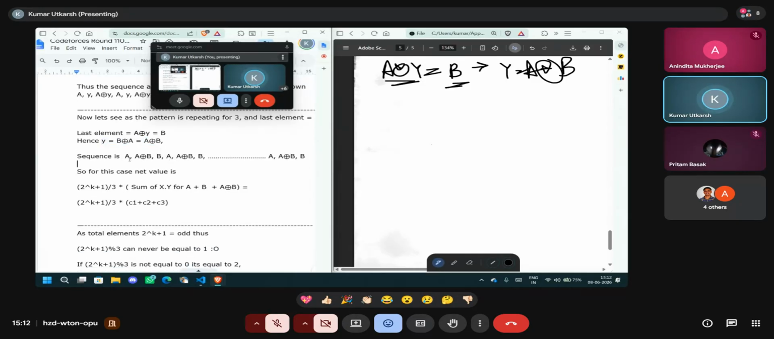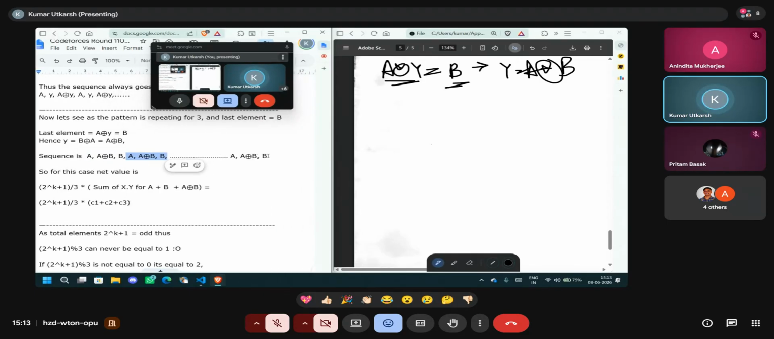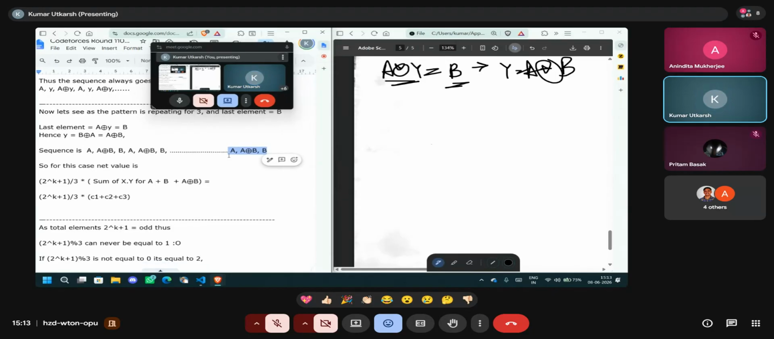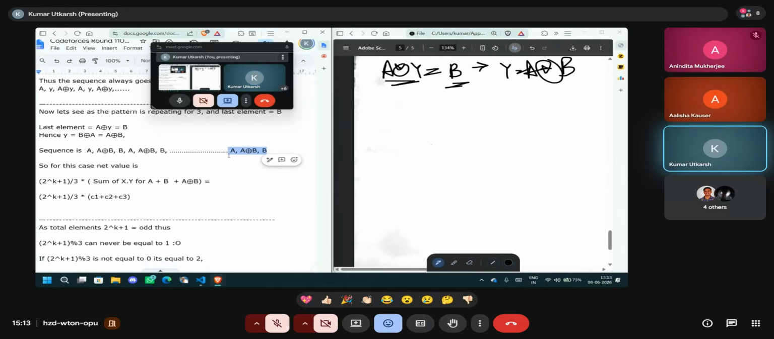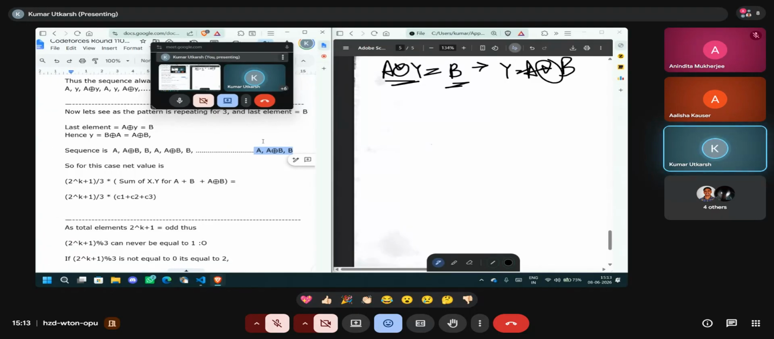So the sequence is repeated like A XOR B, B, then again A XOR B, B, and this goes on till the end. Did you get it? Alisha, did you understand the logic? Yes. So what we can see for the whole, if this is divisible by 3,